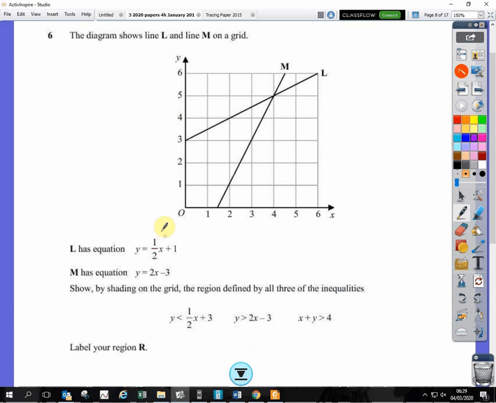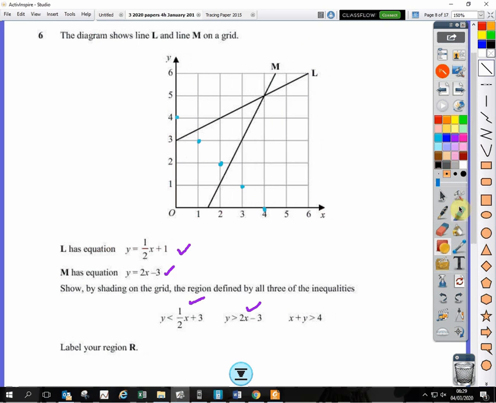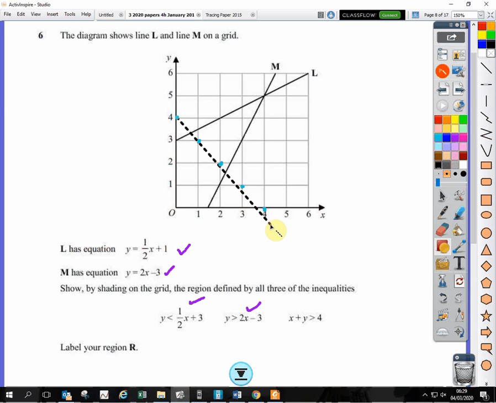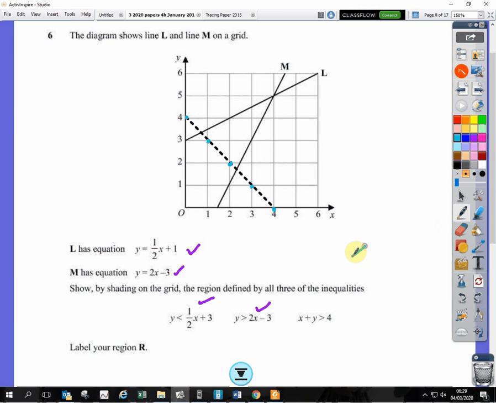So 2 of these lines have been drawn on. It's just this one that needs to be drawn on: x plus y equals 4. So there's 2 numbers that add together to give 4: 4 and 0, 1 and 3, 2 and 2, 3 and 1, 4 and 0. So this is the line. It should really be a dashed line. In the mark scheme, they're not too worried about whether it's dashed or not, but I will draw it dashed because it should be dashed, because it's greater than. It's only a solid line if it's less than or equal to, or greater than or equal to. But anyway,